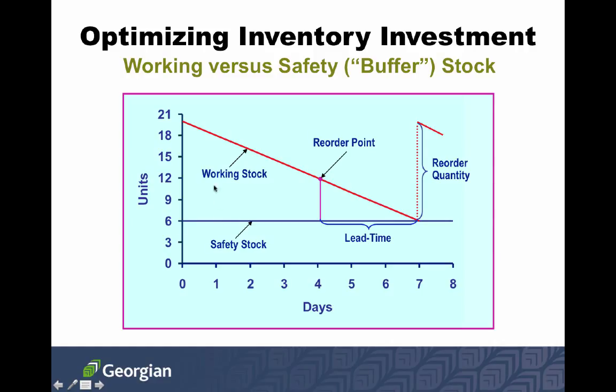This is a part that has a demand of 2 pieces per day. Day 1, we start with 20 pieces, then we're down to 18, 16, 14, 12, etc. So the demand is 2 pieces, so my safety stock is 3 days of supply,